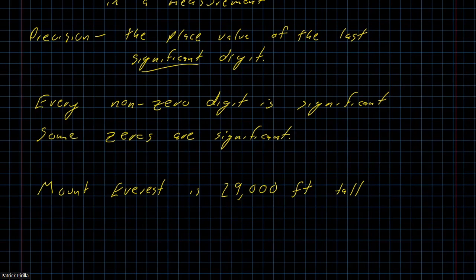In the mid-1800s, a British survey was trying to measure Mount Everest and other geographic features near there and came up with this value. But they were concerned at reporting this because when you see the number 29,000 feet,